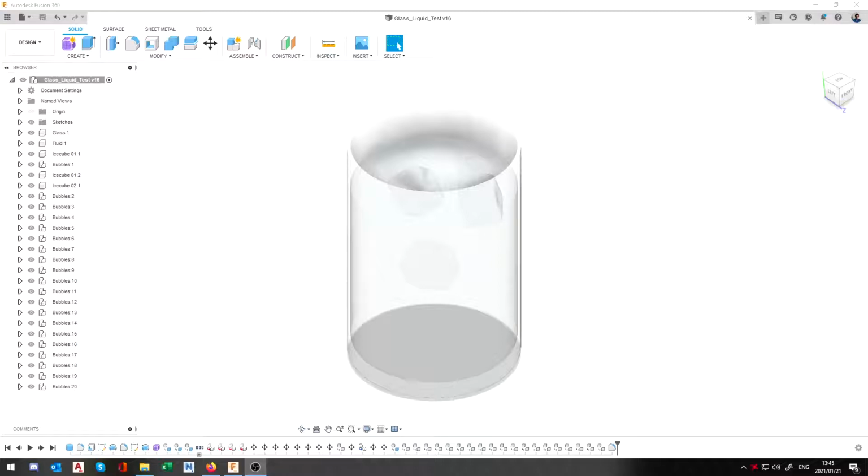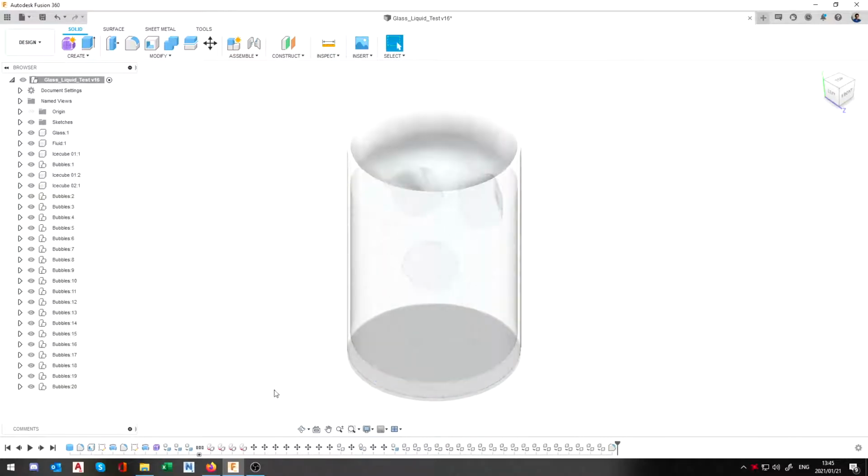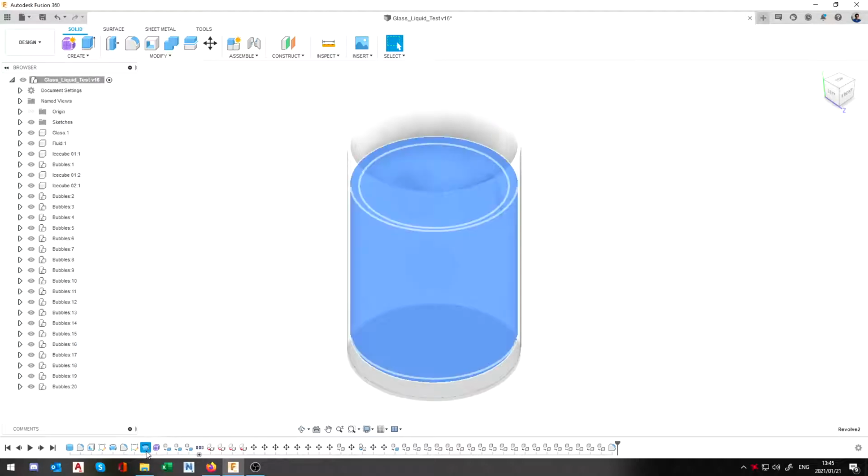Now, the way we'd normally do that is when we actually draw something like, in this case, I've got a glass, fluid, and a few other items in here like ice cubes and bubbles. When we try and draw it and do our fluid itself, you'll see if I go edit feature on this, oops, sorry, actually let me go edit the sketch, it'll be a little bit clearer. The profile sketch,